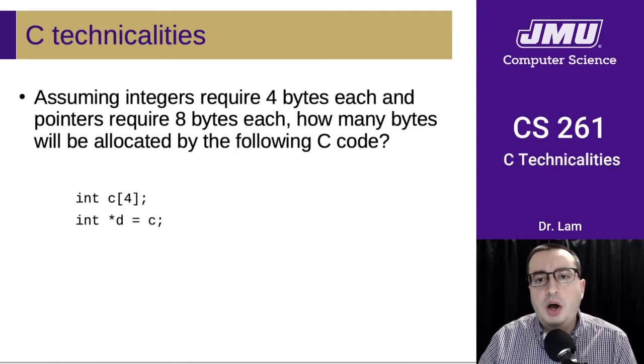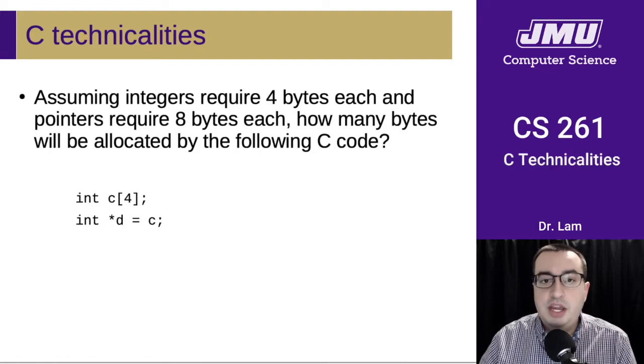Okay, so a totally reasonable approach to this is to say, all right, well, we're going to have this array that has 4 integers in it, and that's going to be 4 times 4, which is 16 bytes. And then we're going to have C and D, which we've spoken of up to this point as being pointers themselves, and so that's 2 pointers, and so that's going to be another 16 bytes, so that's a total of 32 bytes. And that's actually not correct.